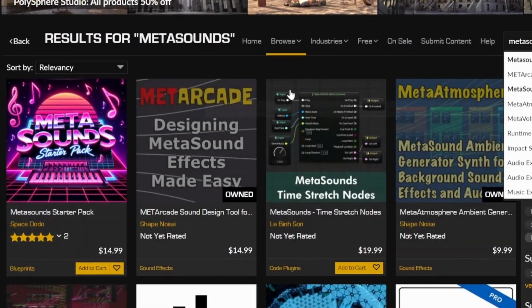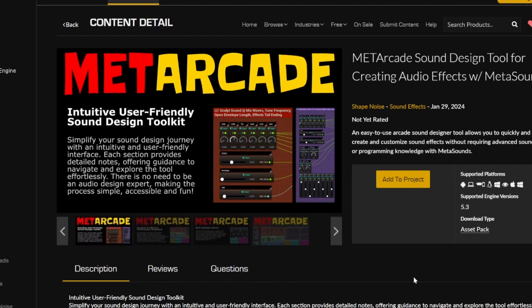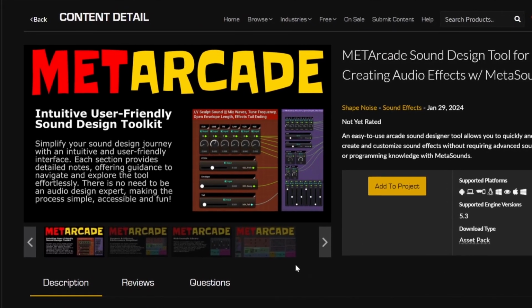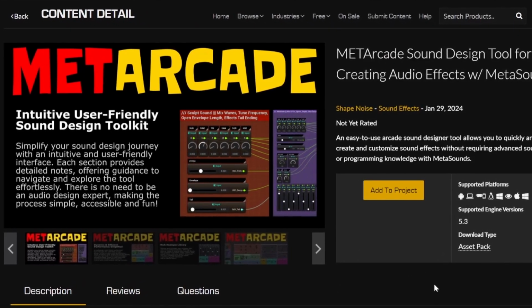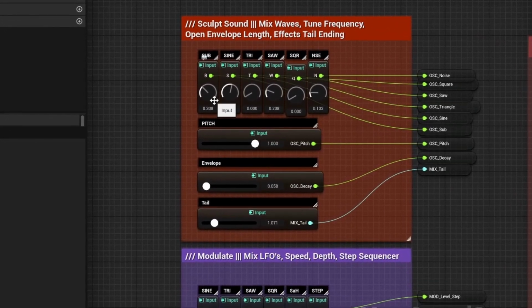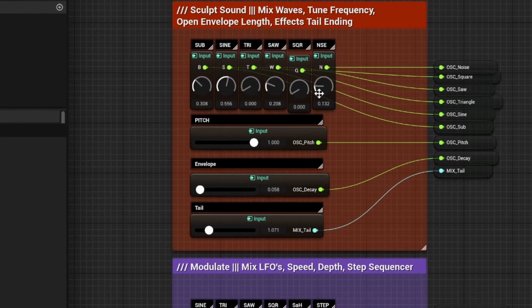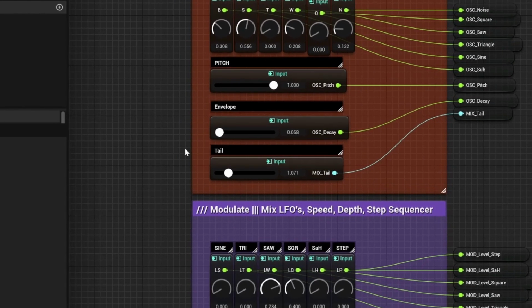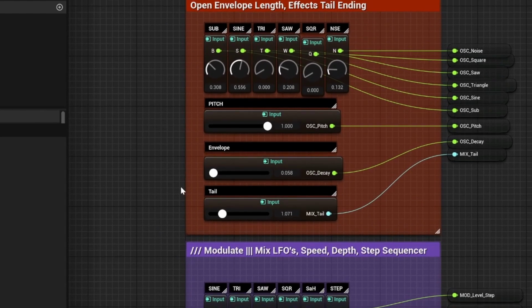Hello, today we're going to be looking at our new sound pack asset, MetaArcade. So this one will be filled with very easy to use sound effects. The synthesizer is composed of multiple oscillators that allow you to sculpt the sound that you're looking for. Adjust the volume through these waveforms. You'll tweak the pitch, open the envelope, and adjust for an effects tail, which we'll show you later on